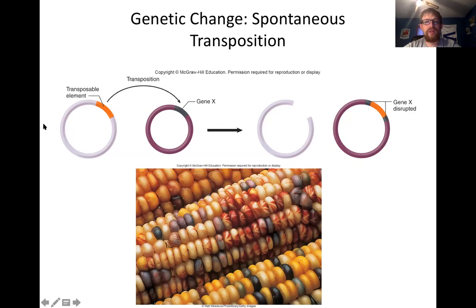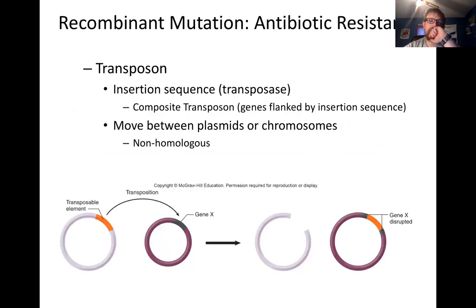Now, it's possible, and this is the thing we're going to refer to multiple times, that there could be some really vital piece of information that's in this transposable element. We then potentially spread it to this plasmid, and then you guys talked about conjugation, and then you could share that plasmid. And so this is a way that genetic information, perhaps things that are pathogenic or bad for us, could be shared between different genetic components of bacterial cells. But it also is a way that just a normal important gene could be interrupted. All right, and we'll revisit that a little bit later, kind of at the end.